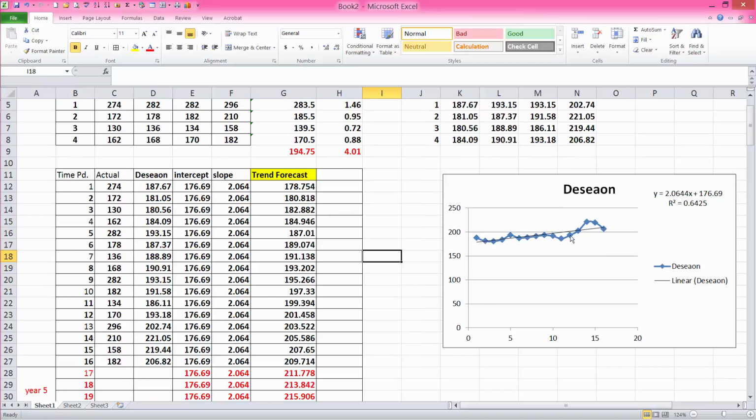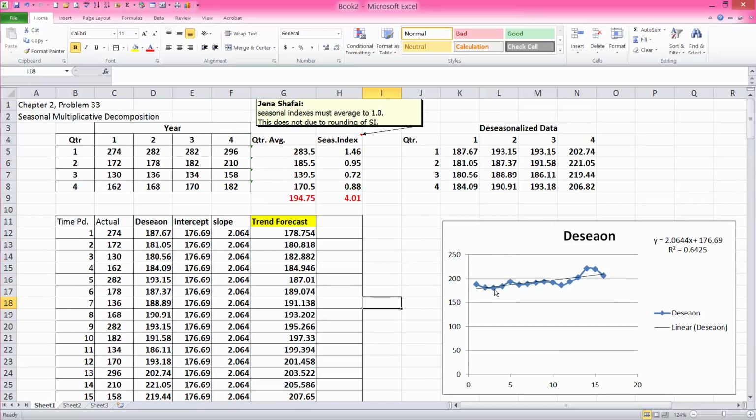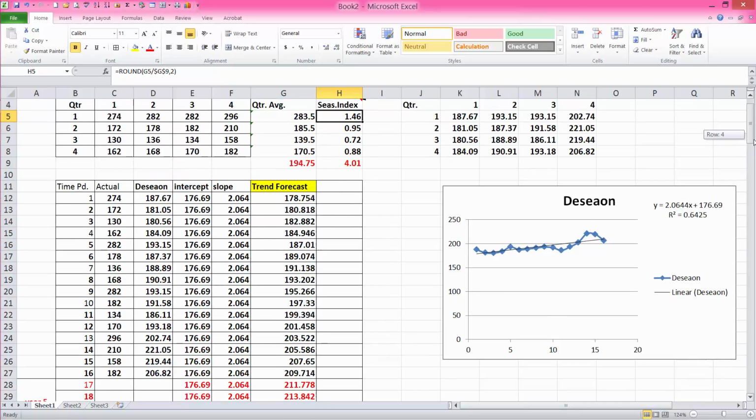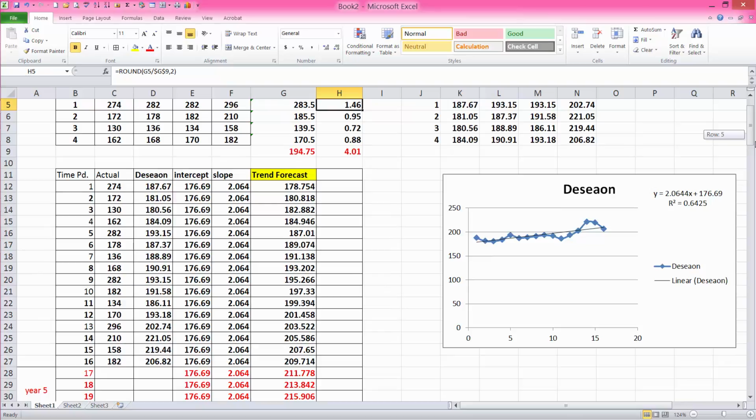Don't forget that. Now, remember how we got this deseasonalized data? We got it by dividing. Remember this deseasonalized data that was used to create this line. We got these by dividing the actual data by its seasonal index. So we did a division to deseasonalize the data. When you want to re-seasonalize the data or put the seasonality back into it, you must reverse the mathematical operation. So the trend forecast with seasons